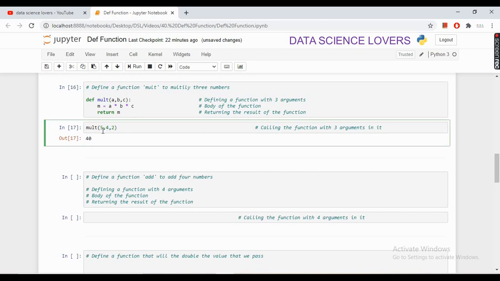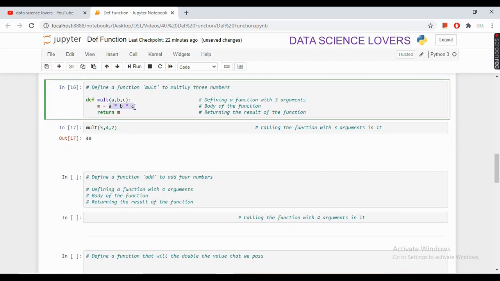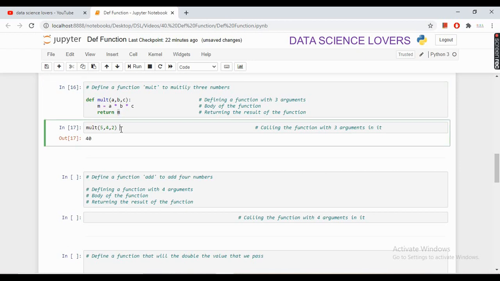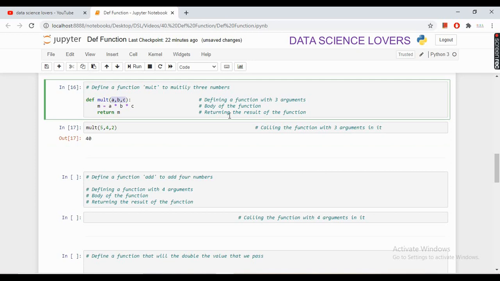So as you can see, 5 is given to a, 4 is given to b, and 2 is given to c, and these three numbers are multiplied and saved in a variable m, and the value of m is returned as the final output of the function. So this is how we can define a function with three arguments in it.